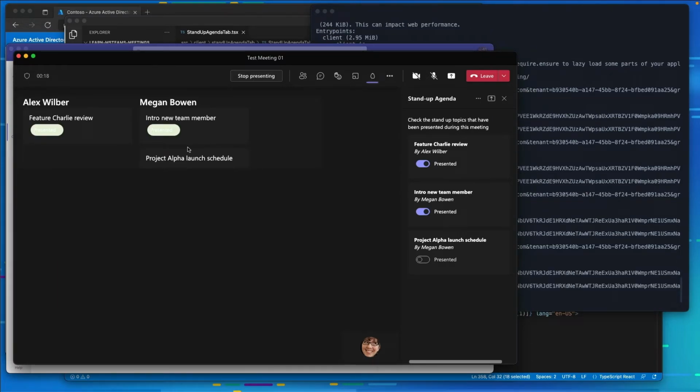And what we now see is we see Megan had one item. We can see that Megan, behind the muting here, let's just turn that off for a sec. So what we can see here is that Megan has one item that was presented, and then we have the other item that was not presented. So it doesn't have a presented icon underneath it. But Alex has the feature Charlie Review. He did have that one item that was presented that is showing up here. So that's cool. We can see our stage